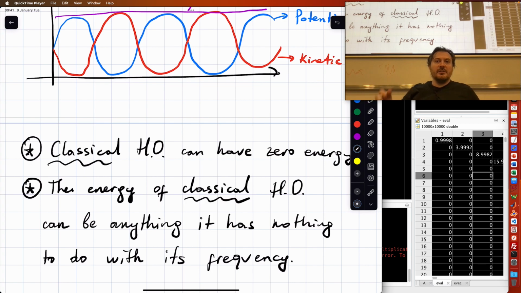This one, no, this is just an observation for a classical harmonic oscillator. If I put a mass on a spring, can I just let it be and it would have zero energy? Yes, it can. Can it have any energy that I put in it? Yes, it can. Okay? But it will change soon. In a few years, in the history of physics, it will change. When we say classical harmonic oscillator, we mean a spring and a mass. Yes, that's a classical harmonic oscillator.